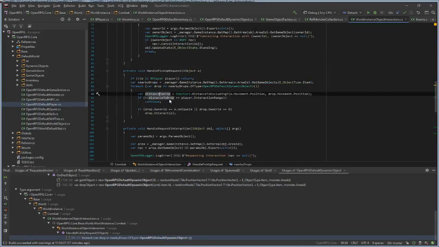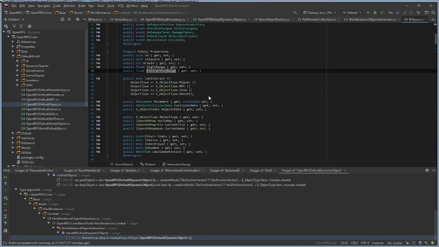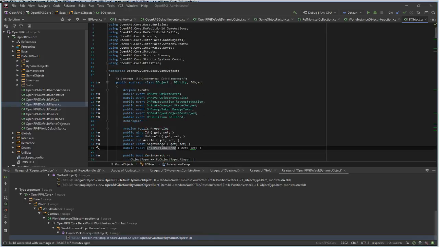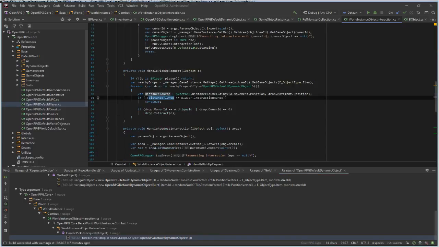If your distance to this item is less or equal to your interaction range and you own this item, you can interact with it.